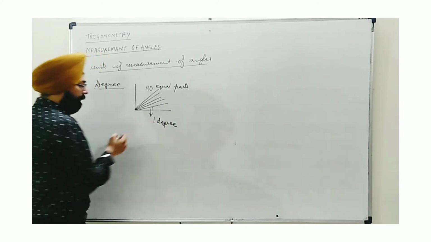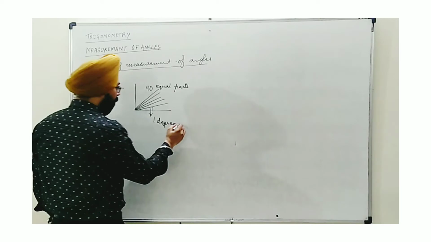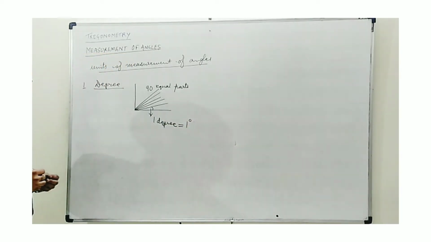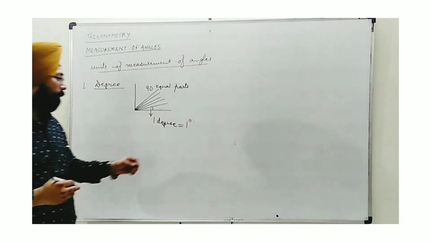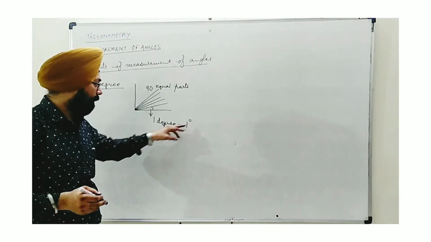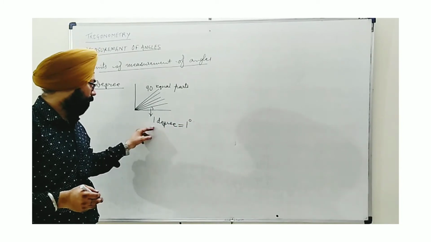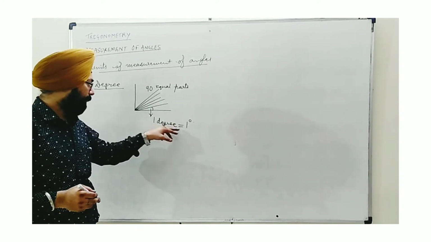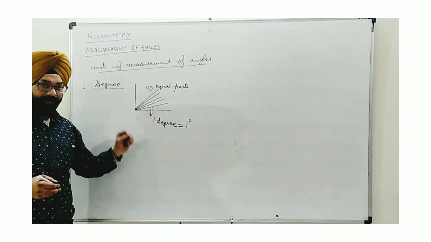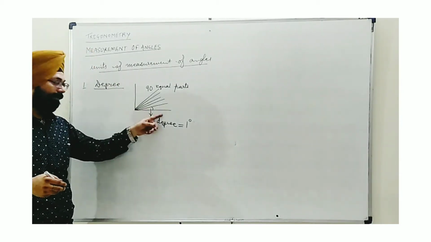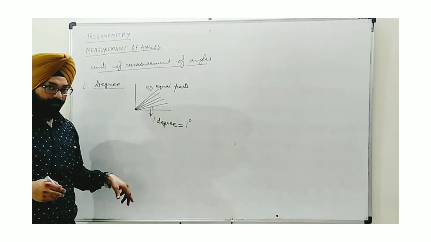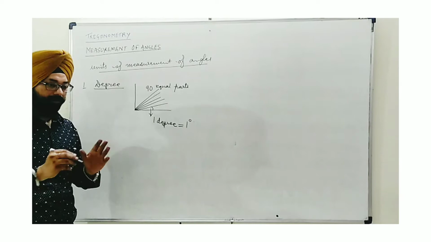We say that each part is 1 degree and the symbol for degree is written in the form of an exponent. Actually it's not an exponent, but we write it like that. So the symbol is taken as 1 degree. But here the point is, I said a right angle. Right angle is formed when two lines are perpendicular to each other. So when two arms are perpendicular to each other, obviously the angle between them is a right angle.